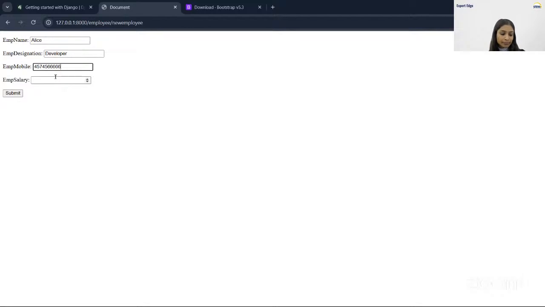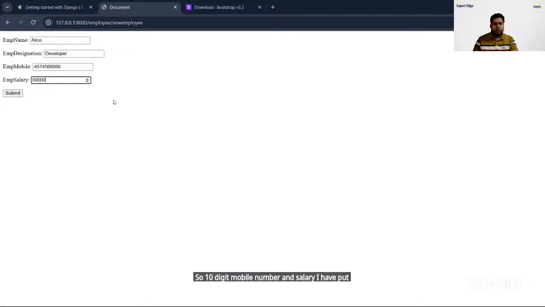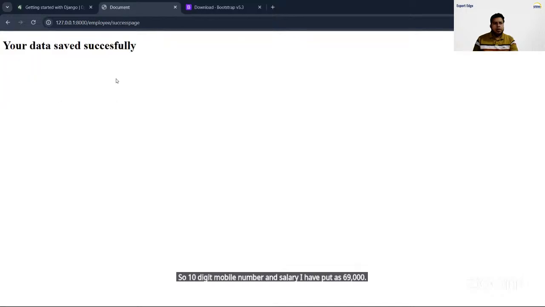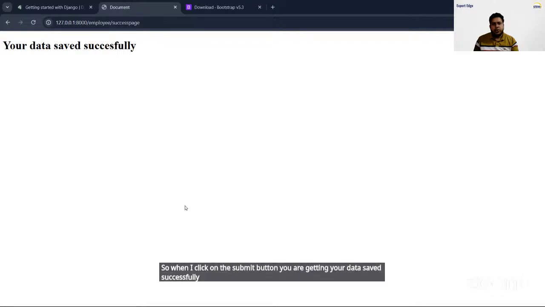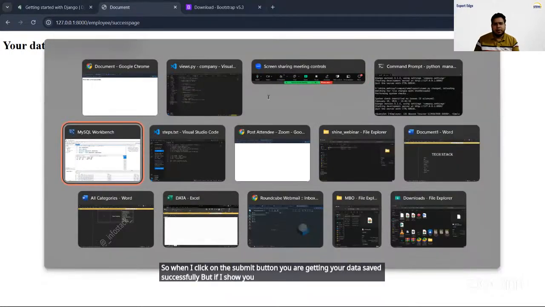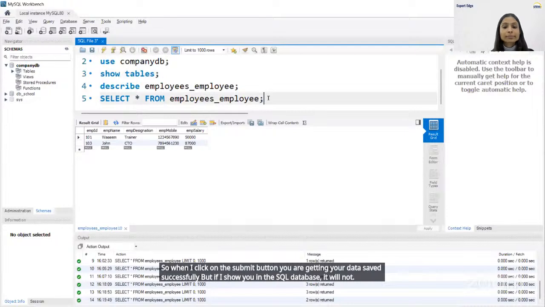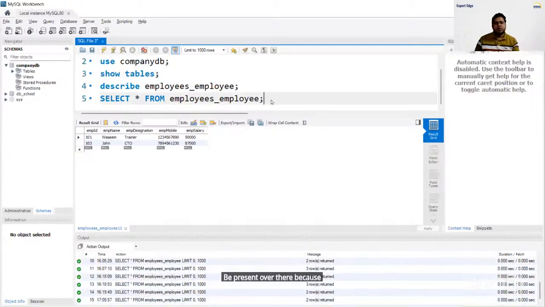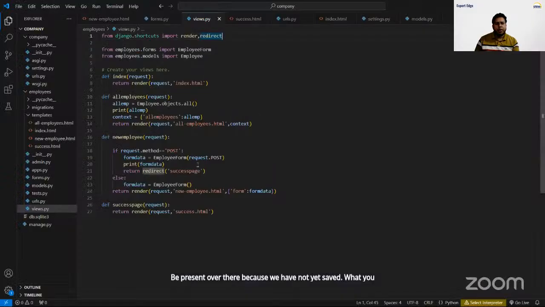So 10-digit mobile number and salary I have put as 69,000. When I click on the submit button, you are getting your data is saved successfully. But if I show you in the SQL database, it will not be present over there because we have not yet saved. So what you have to do, simply put here